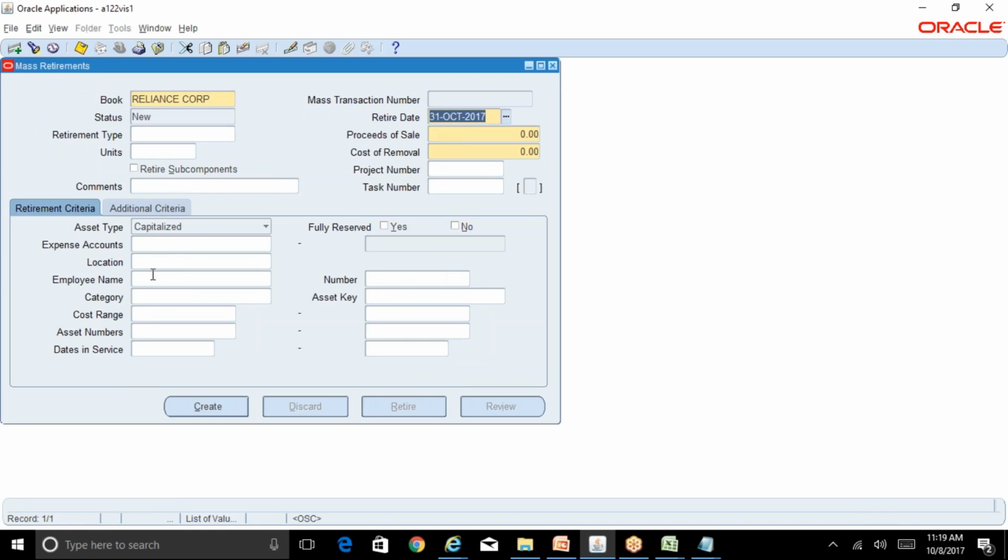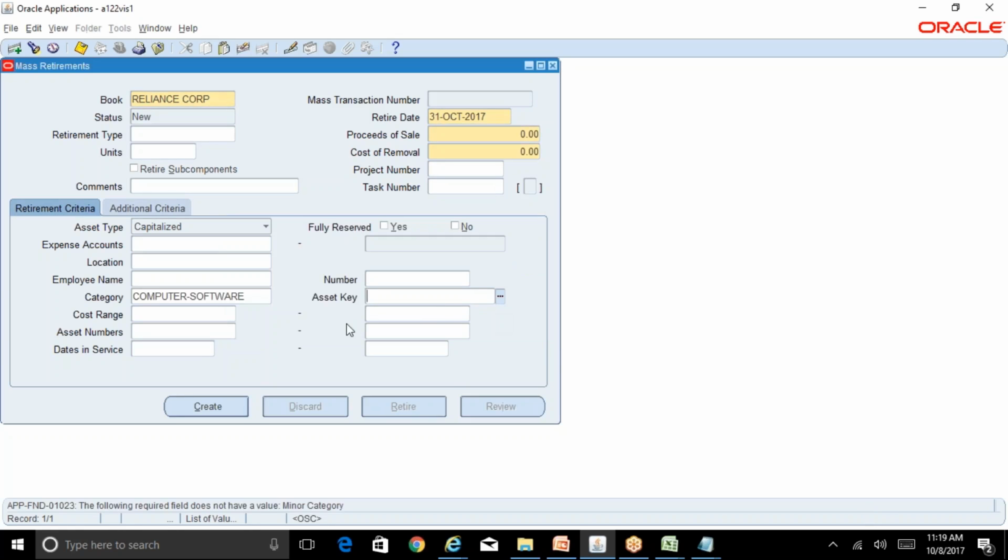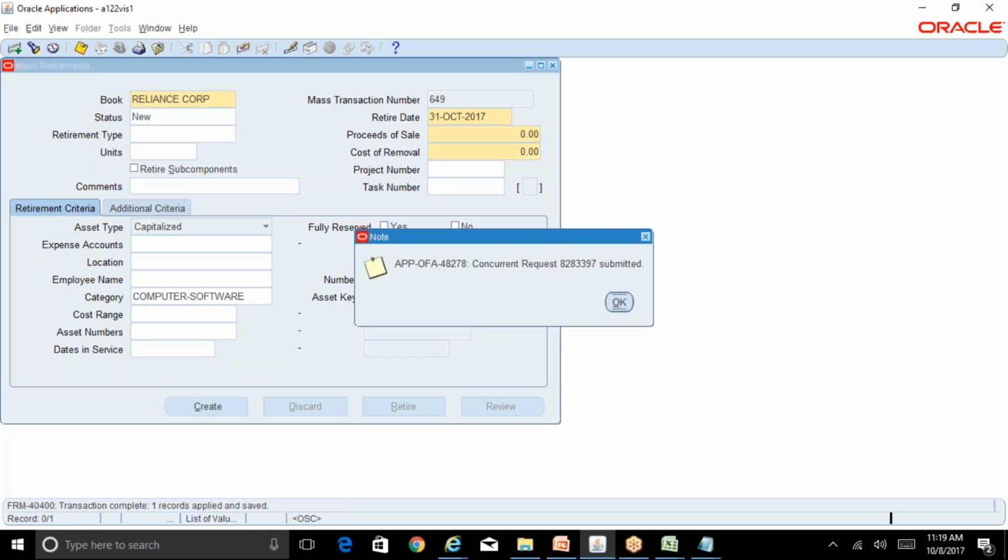And you can again select the criteria, what assets you want to do a mass retirement. Computer, software. You can select this particular criteria and click on create. So when you click on create, you get the options create, review, and then retire. So creating is the first step. The concurrent request got triggered,